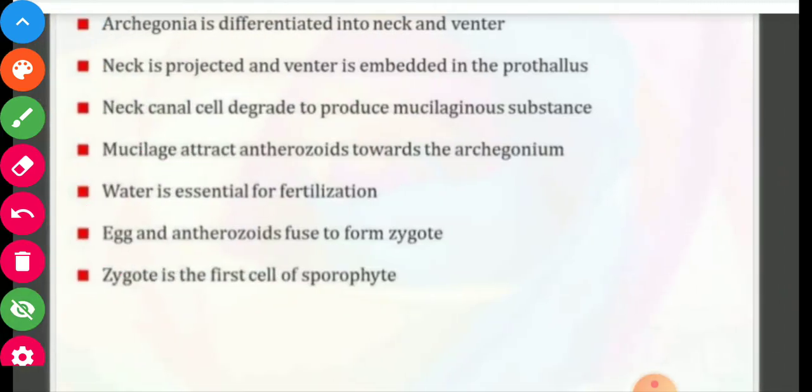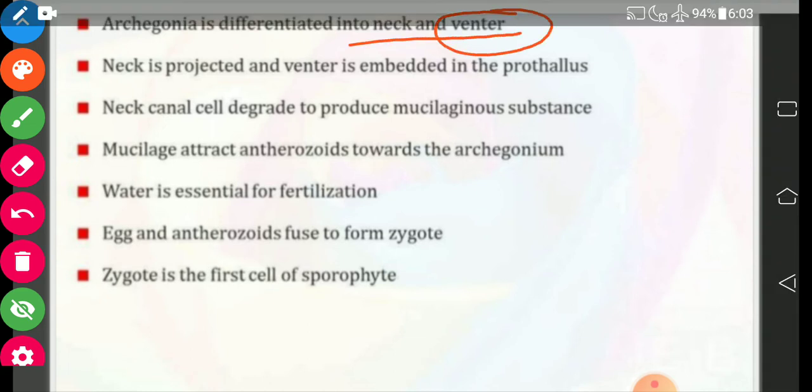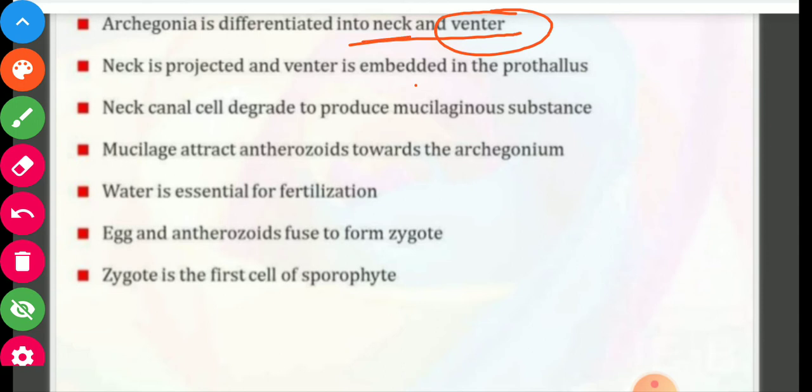Archegonia are differentiated into neck and venter. The basal part is called the venter and the upper part is called the neck in archegonia. The neck is projected and the venter is embedded in the prothallus. The neck is out of the prothallus and the venter is in the prothallus. Neck canal cells degrade to produce a mucilaginous substance. The mucilaginous substance attracts antherozoids toward the